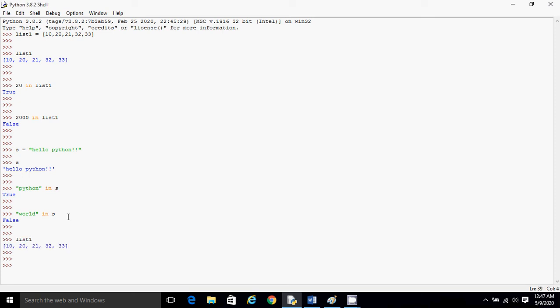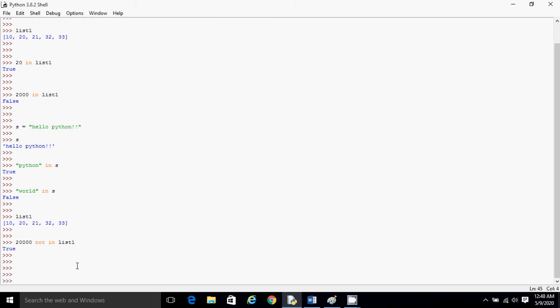So let's see, in the list we have these elements. Now we'll try 20,000, that is not a part of this list. So 20,000 not in list1, and as you can see 20,000 is not a part, so it will return true, right?